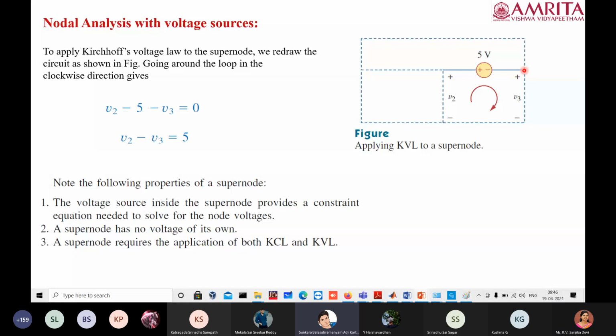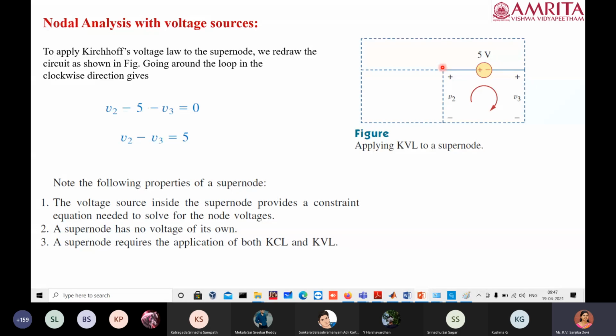So we cannot take the V2 plus below and minus above. If that is the case, the nodal voltage has to be written as minus V2. I mean, we have to remember that at the node, it should always be positive. No, it is not like that. Initially, we will not know whether the voltage is positive or negative. So what we do is we take them to be positive. V1, V2, V3 we take. We will solve the circuit.